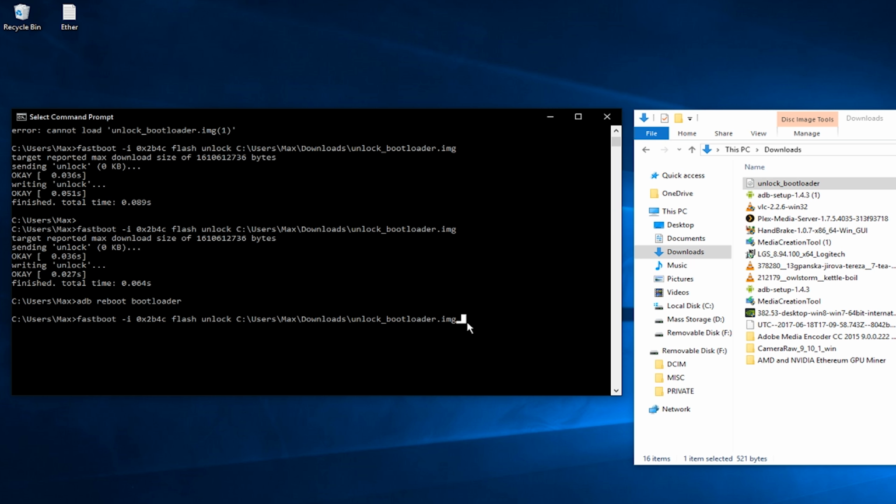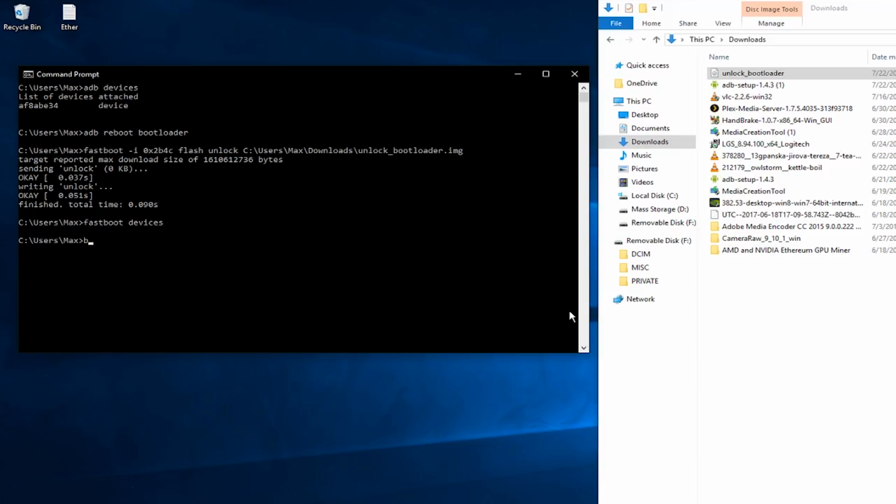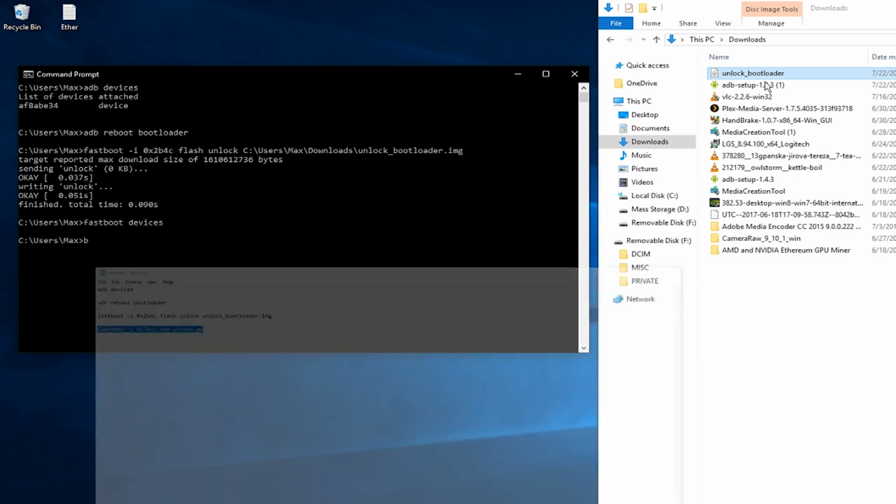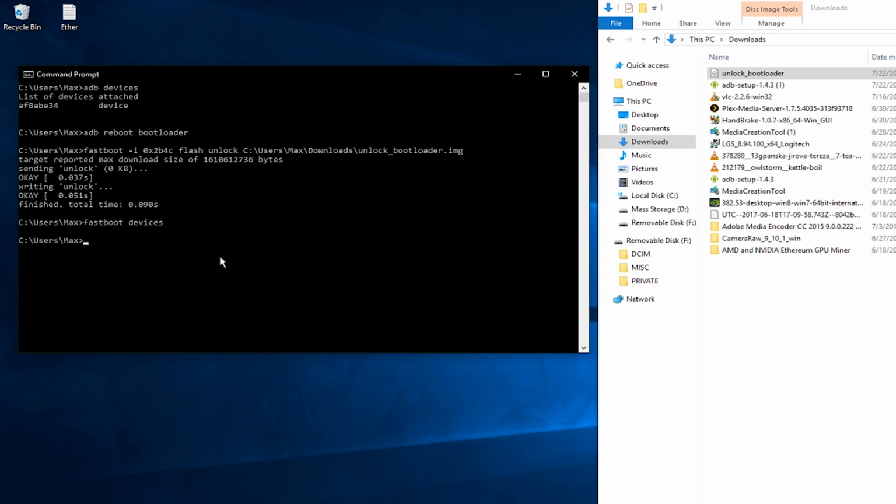So once you do that, press enter, and then we have one more command to paste. So going into my notepad here, copy that, go to the command prompt, paste, click enter, and it should say